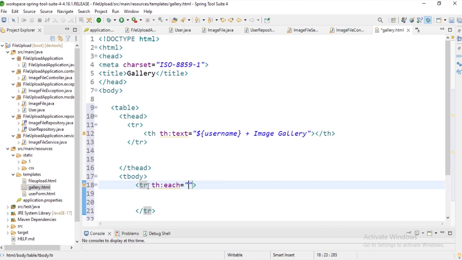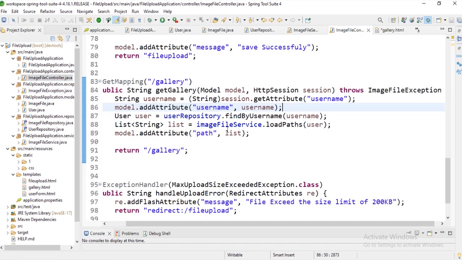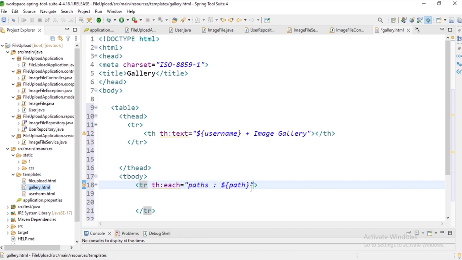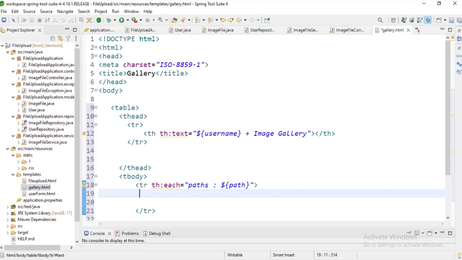Then we have path, and then we have the path. This is the path that we have here in the image controller. So let's go back to our gallery. We have this path, and then we need a td, which is table data, td